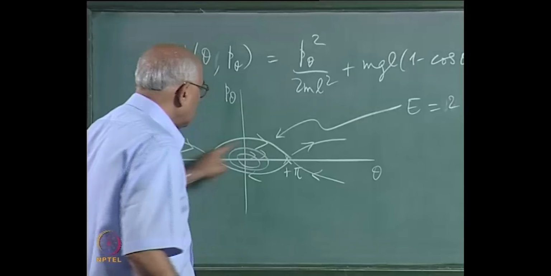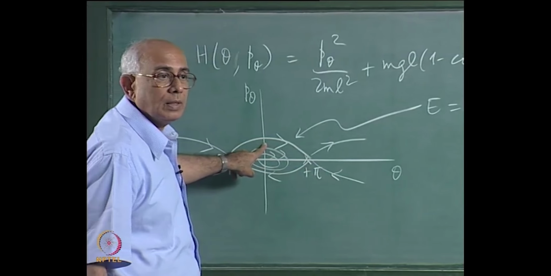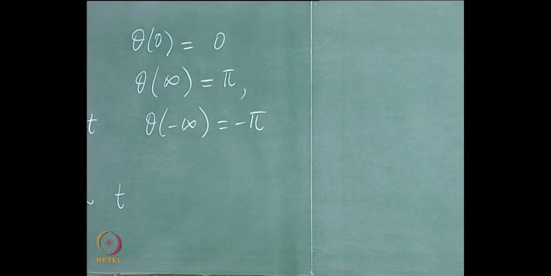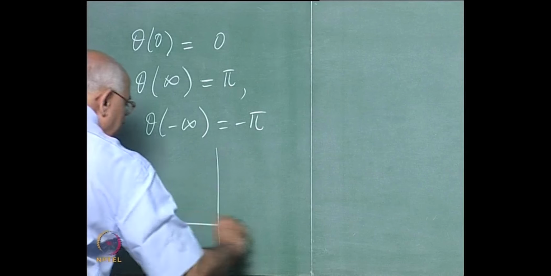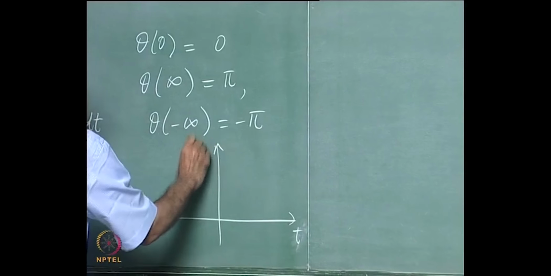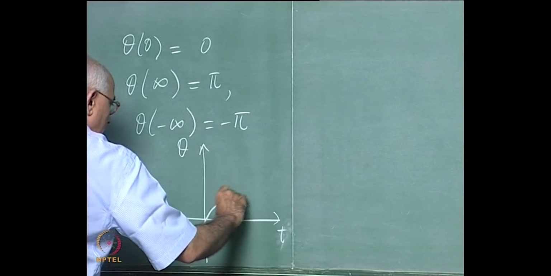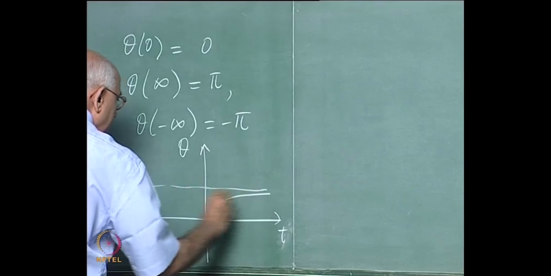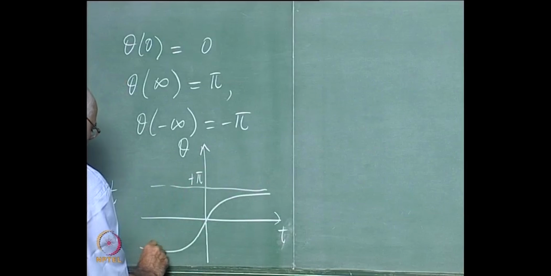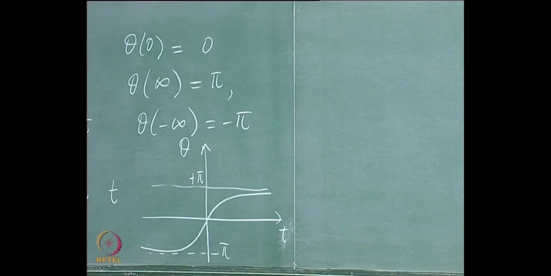It starts at this point and ends at that point, and we assume that it passes through theta equal to 0 at t equal to 0, and the solution looks like theta of t here versus t. It started at minus pi, passed through 0 and hit plus pi in this fashion. So it behaved like a kink,